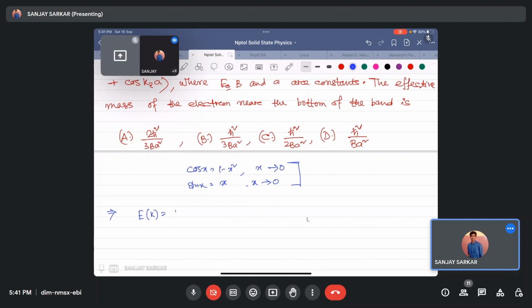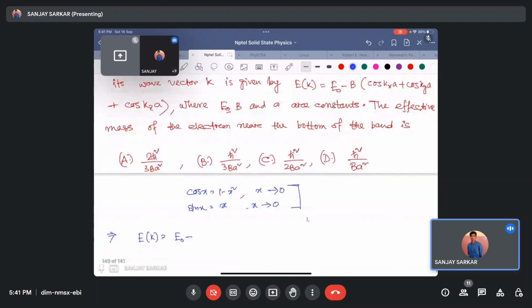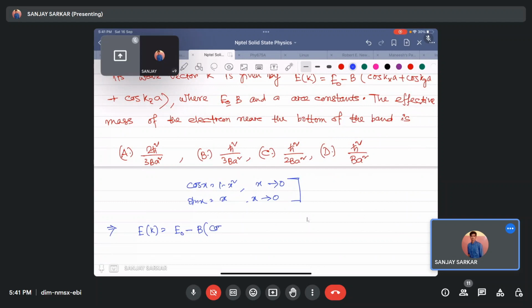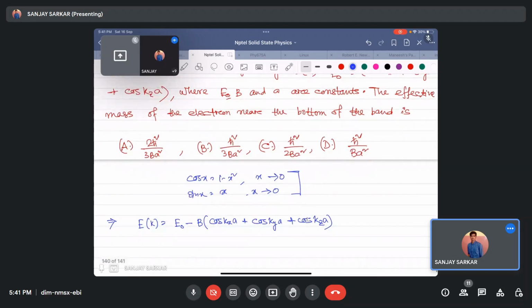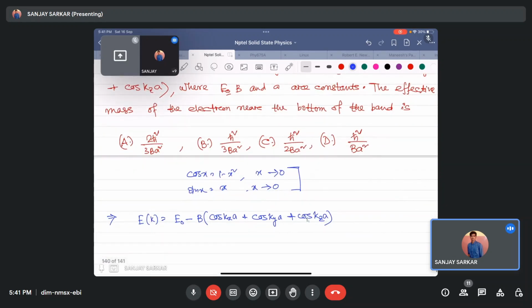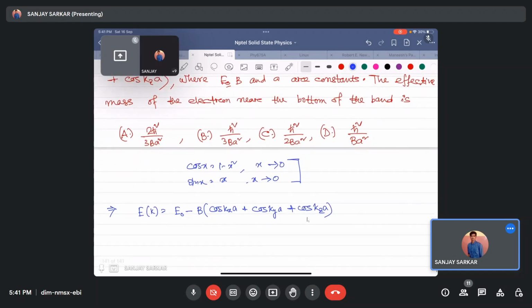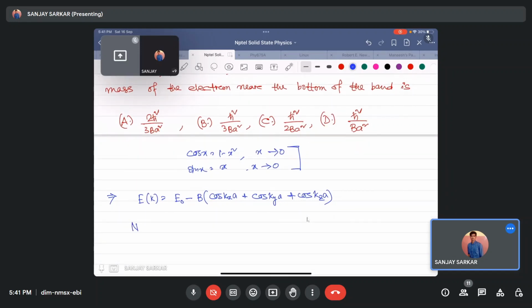So E of k is E0 minus b of cos kxa plus cos kya plus cos kza. So the effective mass near the bottom of the band. Near the bottom of the band,